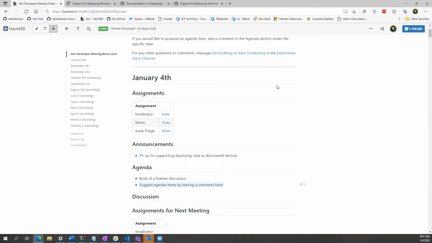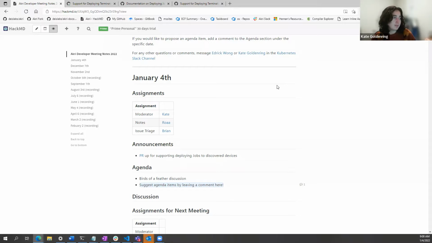Yeah, I'm not aware either, but it would be great if we had one team that's using Akri, then we can test that with them. At least that's what I've seen other projects do a little bit. They will have a preview, and then people will test the preview of the release. But yeah, maybe that's something we can do as well. Yeah, that makes sense. Cool, we can keep that in mind.